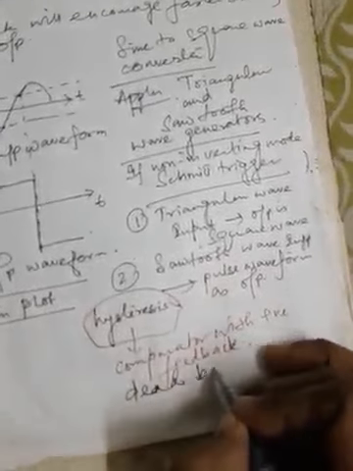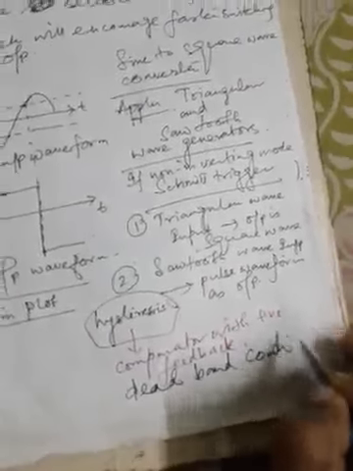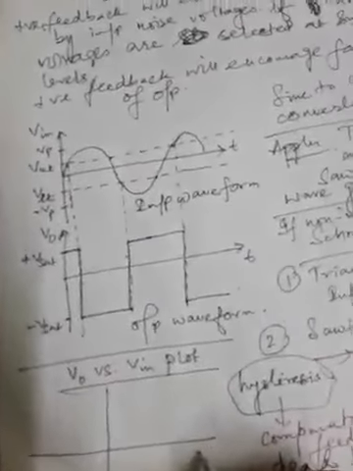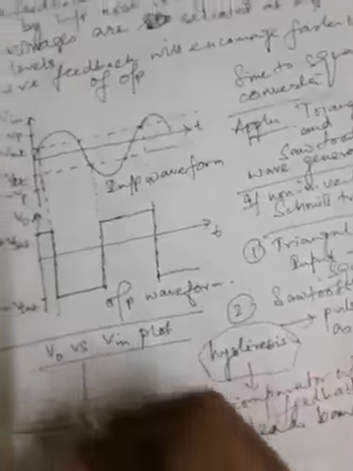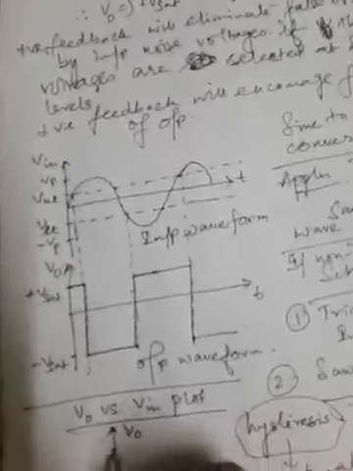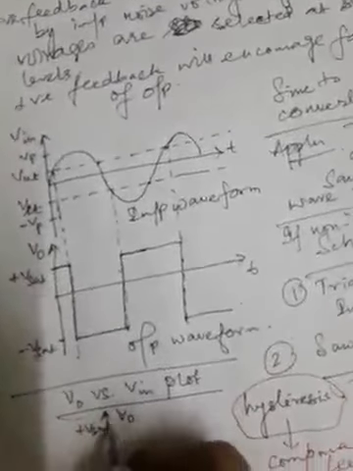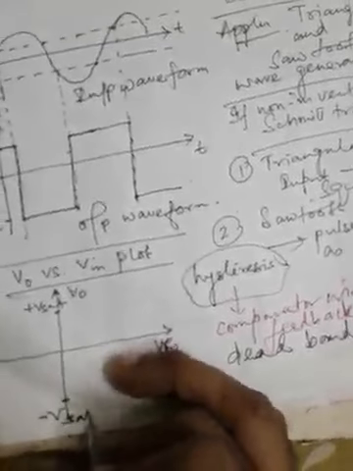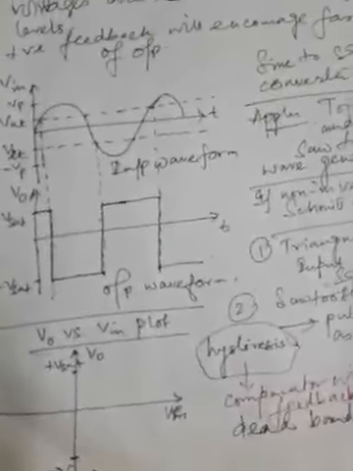Now let us see what the dead band condition is. Let us see the term dead band condition over here. That is, the hysteresis will be something like this. Let us take two axes. On the x-axis let us plot Vin, the input voltage, and on the y-axis let us plot VO, the output voltage. Okay. Now there are two saturation levels. One is marked here, this is plus Vsat, and another at the negative end, which is minus Vsat. These two saturation levels.